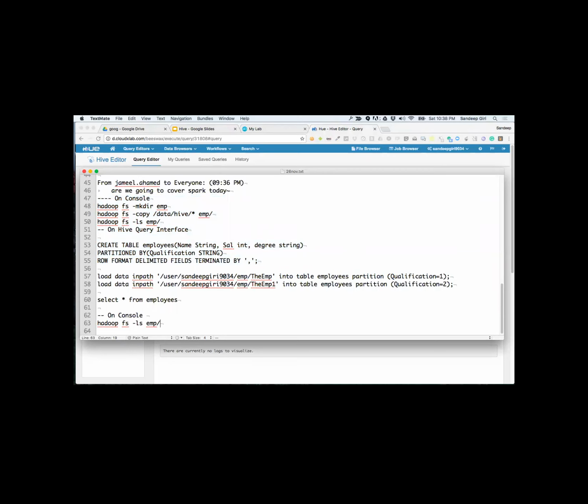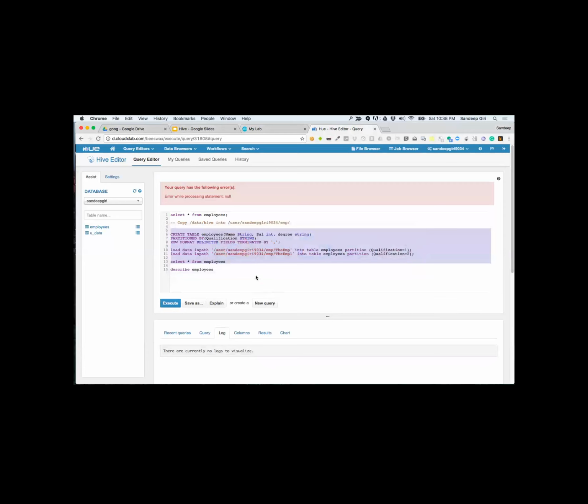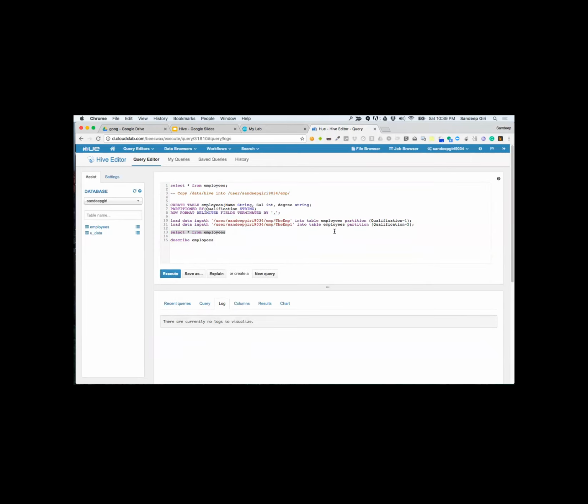Did I copy to one particular person? No. Good. So what I was trying to demonstrate here is that when I say select from employees, both the files are getting queried. Also, let's take a look at where this data is.